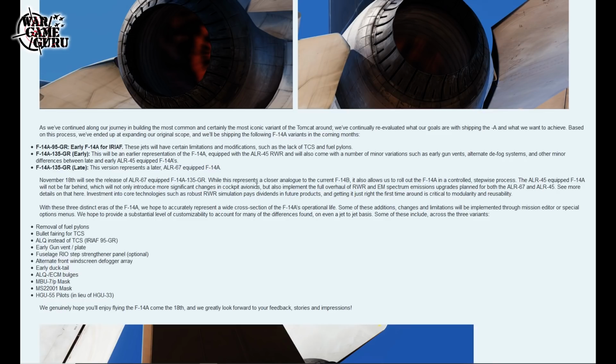Some of these additions, changes, and limitations will be implemented through the Mission Editor or Special Options menu. We hope to provide a substantial level of customizability to account for many of the differences found on even a jet-to-jet basis. Some of these include, across the 3 variants, removal of fuel pylons, bullet fairing for the TCS, ALQ instead of TCS, early gun vent plate, fuselage Rio step strengthener panel, alternate front windscreen defogger array, early ducktail, ALQ